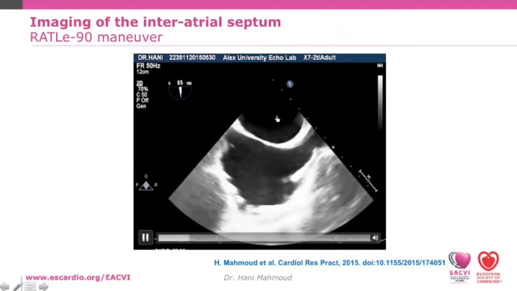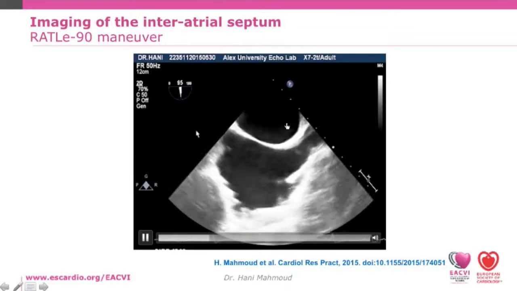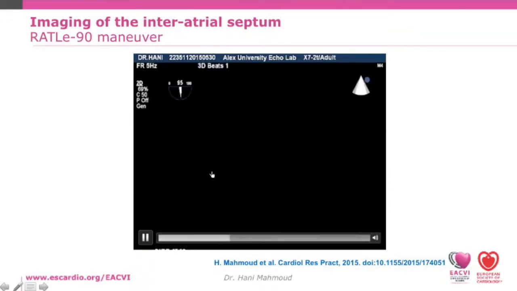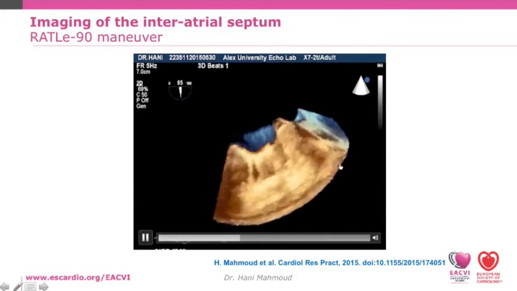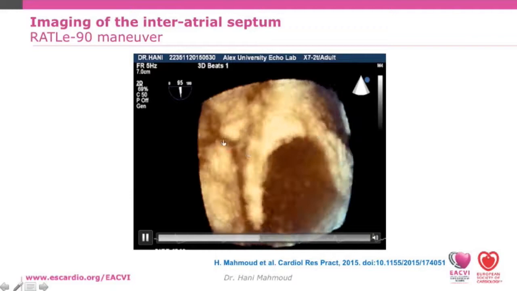This is how we do it in real life. The left atrium, right atrium, superior vena cava, inferior vena cava, then activate the 3D zoom. It will give you two planes. Put your lines exactly at the ostia. Superior vena cava is here, rotate anti, RA, then tilt left,